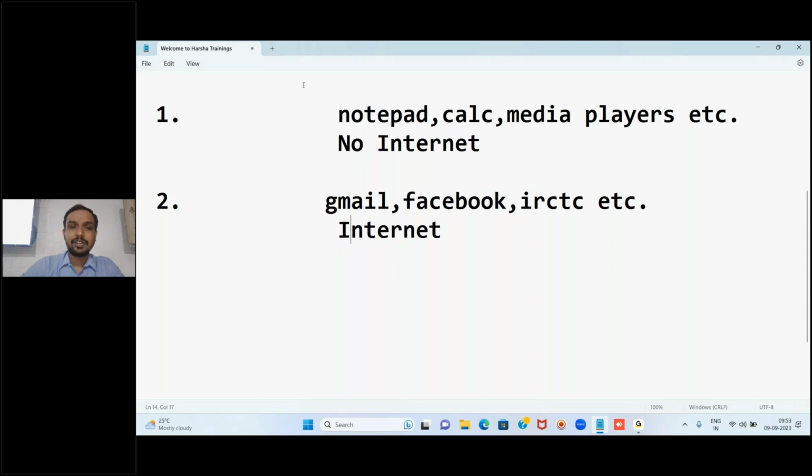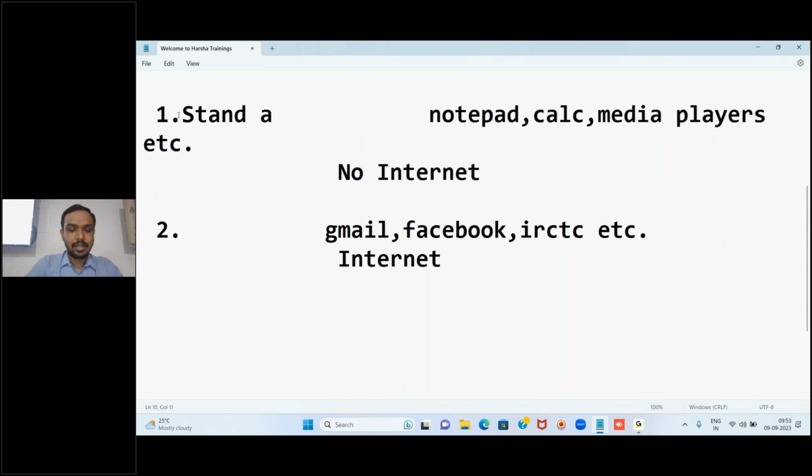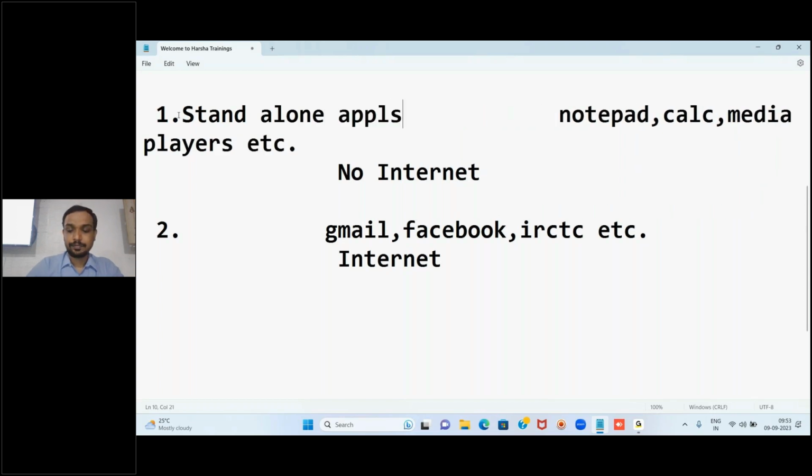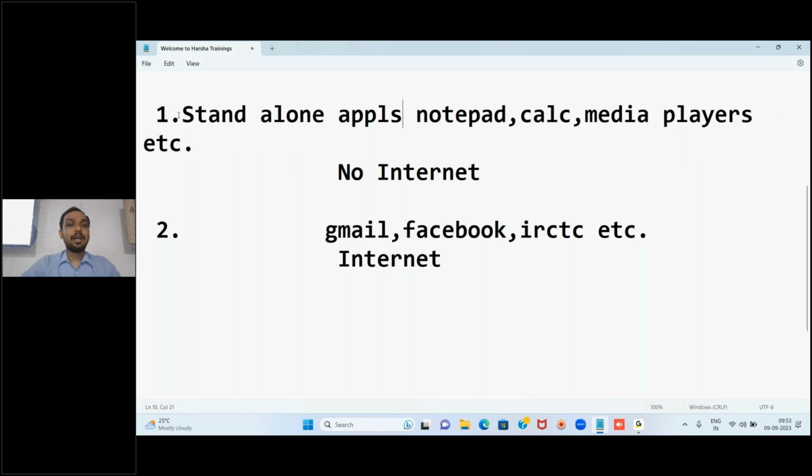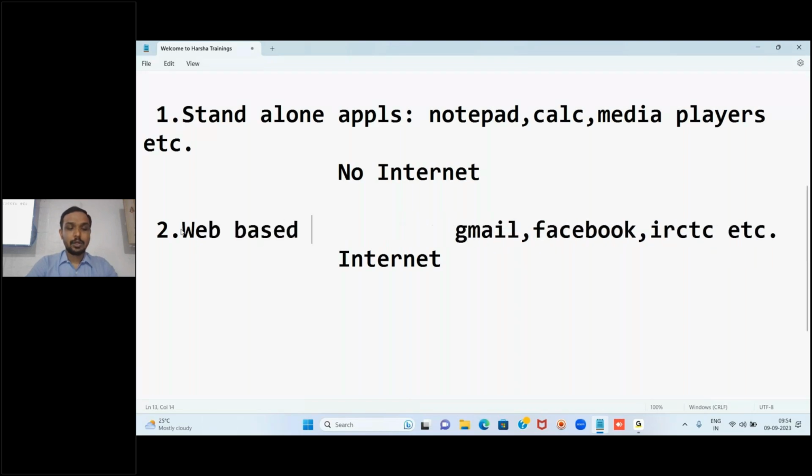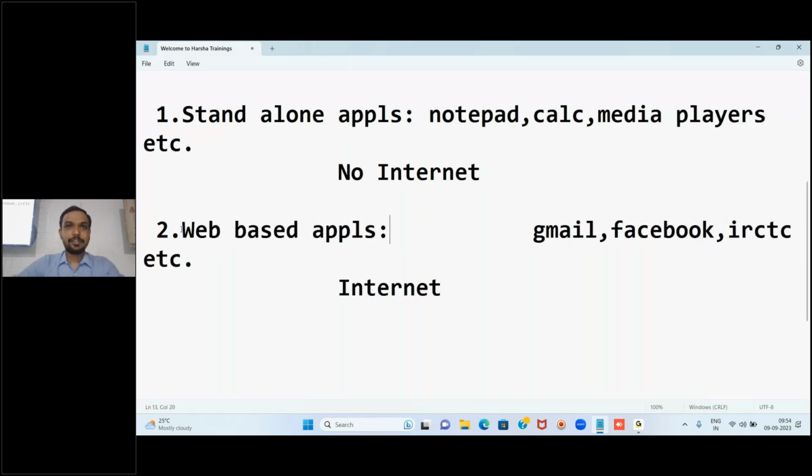There are so many examples, like Microsoft Word and some games which are already there in your computer. We normally install and work with chess, right? Such kinds of games are examples of the first category of applications. We call them standalone applications, whereas the second category of applications are known as web-based applications, or simply web applications.